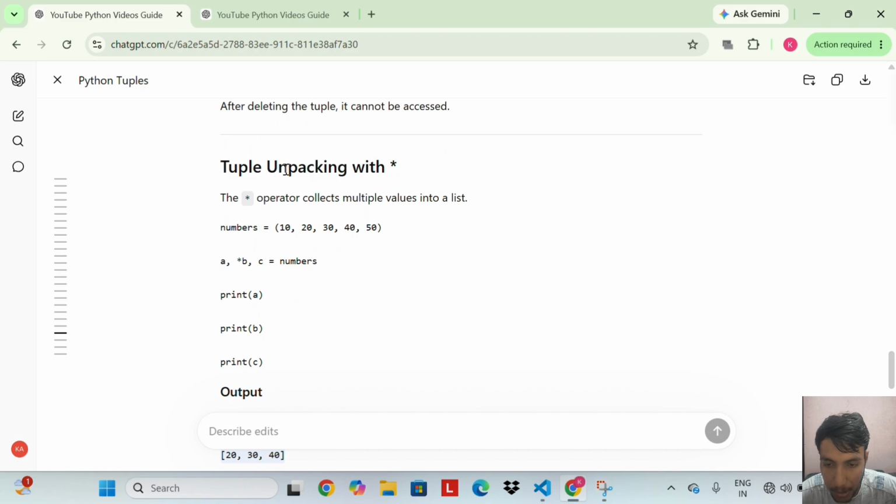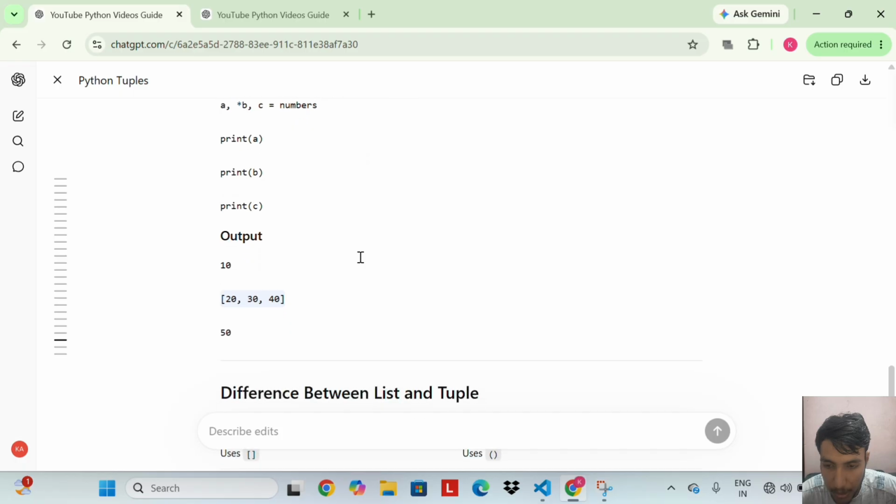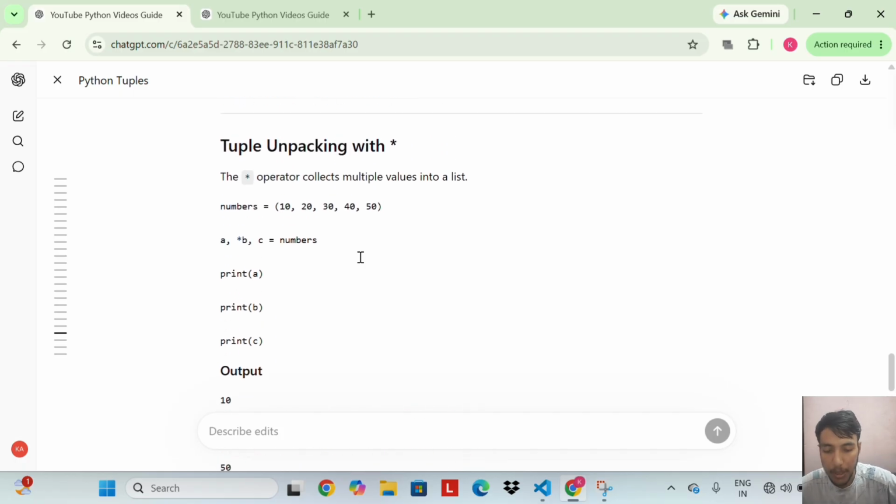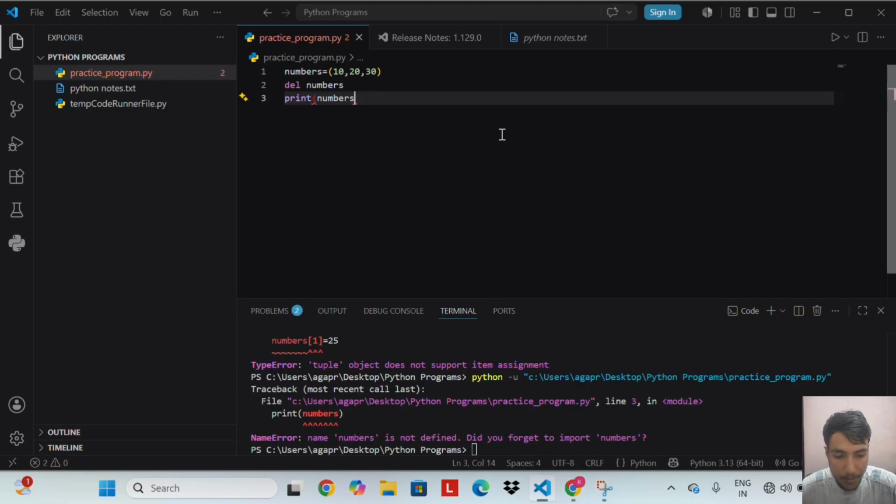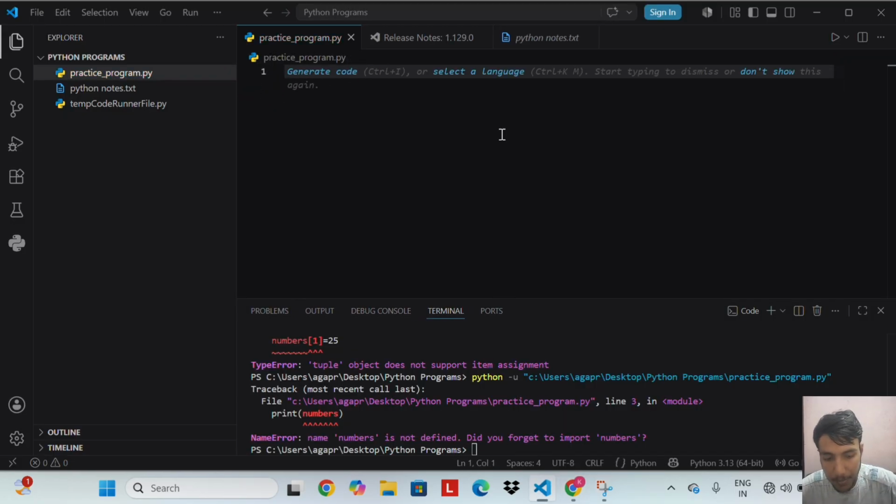Now, tuple unpacking with asterisk. The asterisk operator collects multiple values into a list. So let's do an example of tuple unpacking with asterisk. Numbers equal to 10, 20, 30, 40, 50.